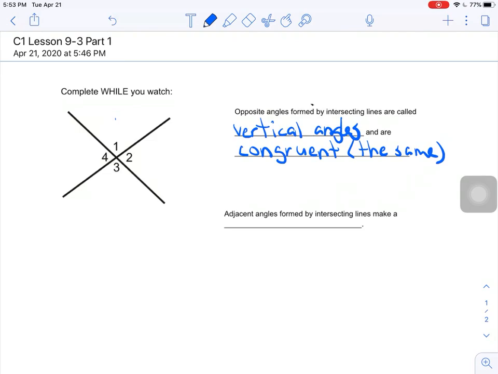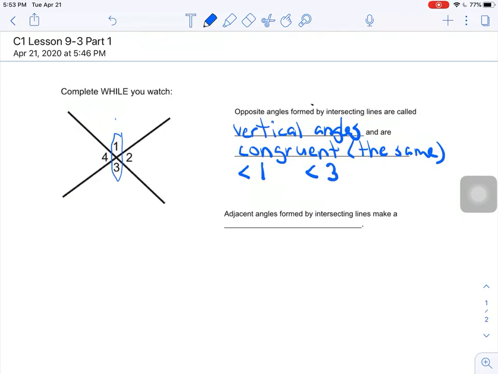We could make a statement about the vertical angles, and I'm also going to introduce you to some correct notation and some symbols. If I wanted to say that these opposite angles, angle 1 and 3, are congruent or the same, the way I would say that is angle 1. The symbol for an angle is literally a little tiny angle. That is an angle symbol. It is an actual notation, correct notation. And we would say that angle 1